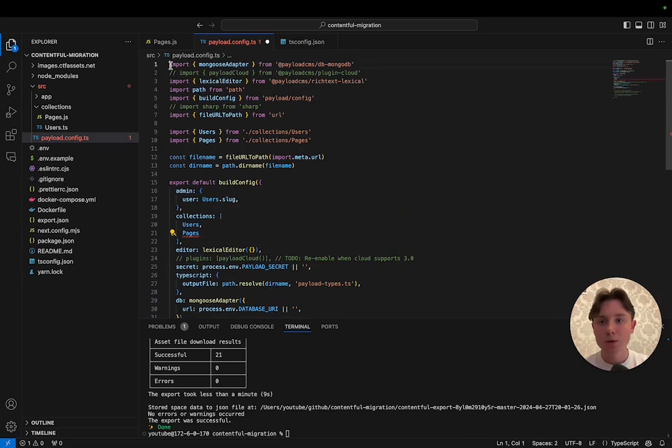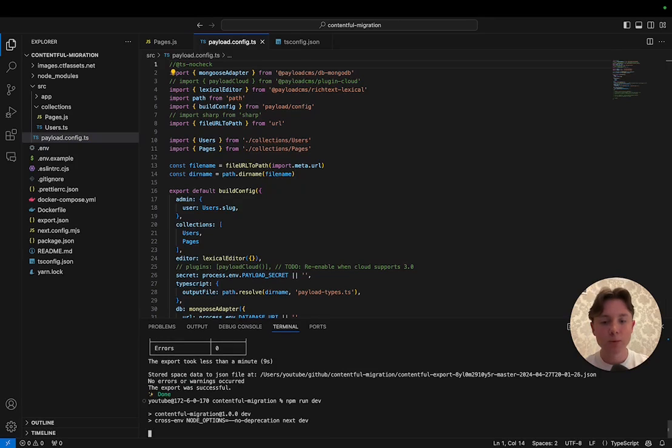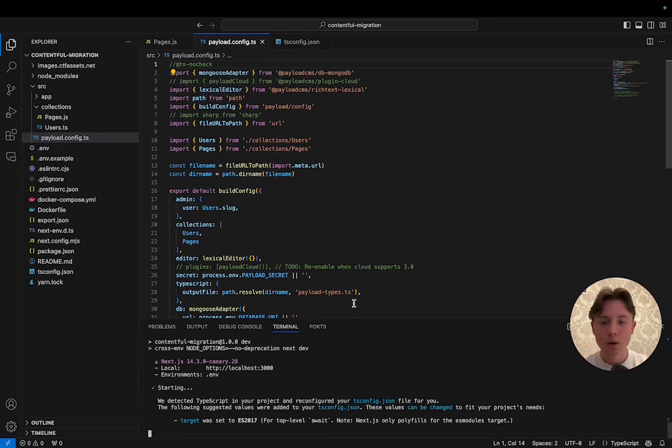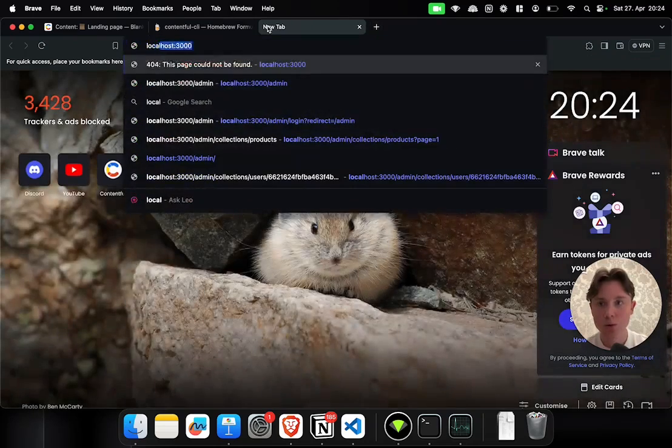And at the top, I'll also have to add @ts-nocheck. Now we can just go ahead and do npm run dev, and that will start our Payload dev server on localhost 3000. So we can just access it by calling localhost